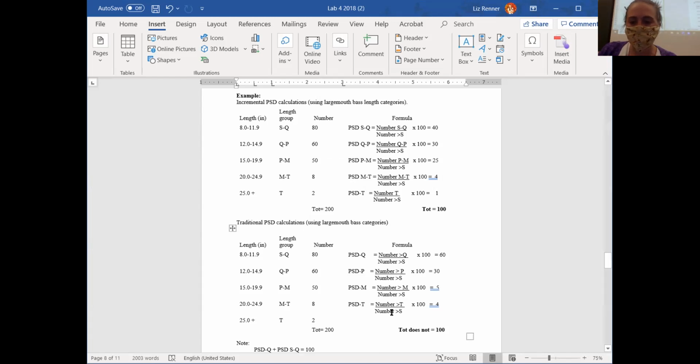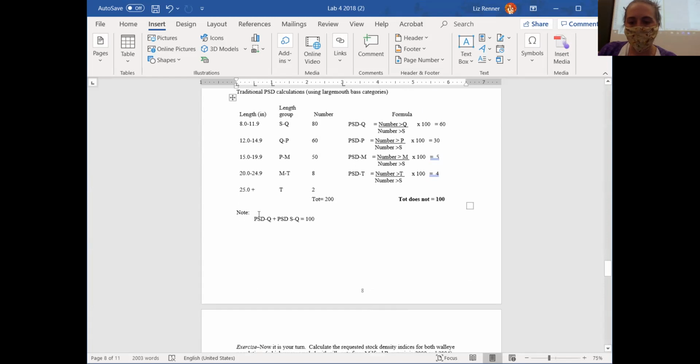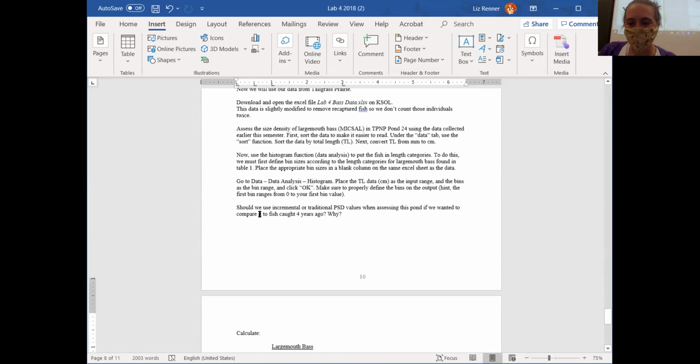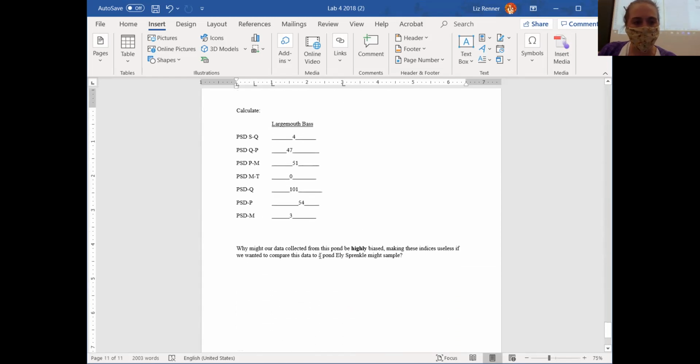And then so on. So basically when we get all the way up to the trophy fish, we've got 4 in the memorable range. And we should only have the 1 or whatever in the top. So